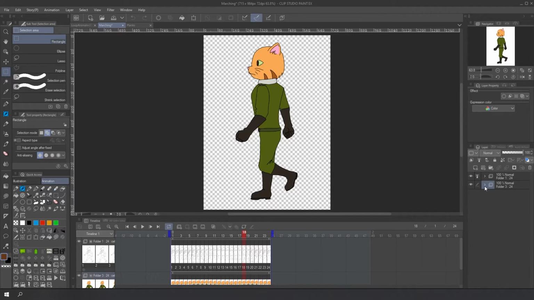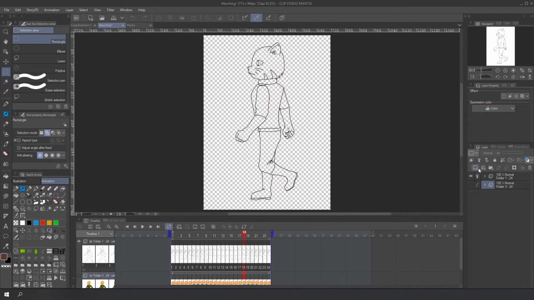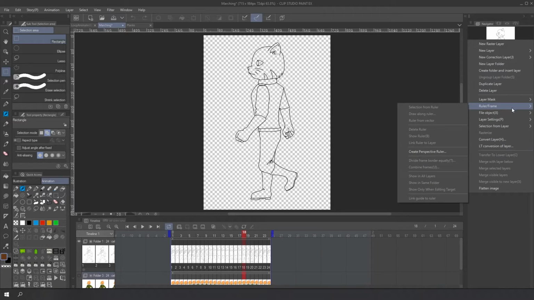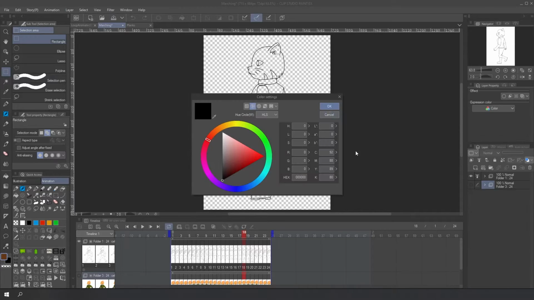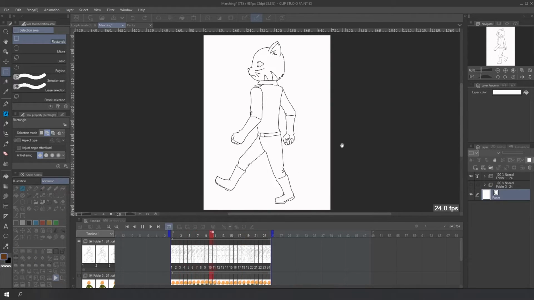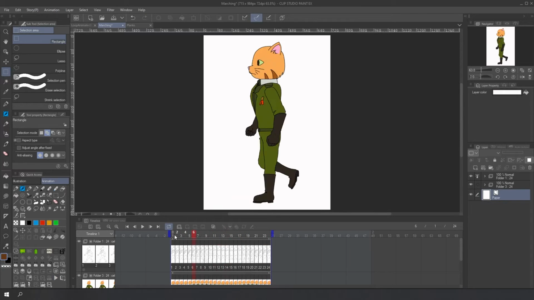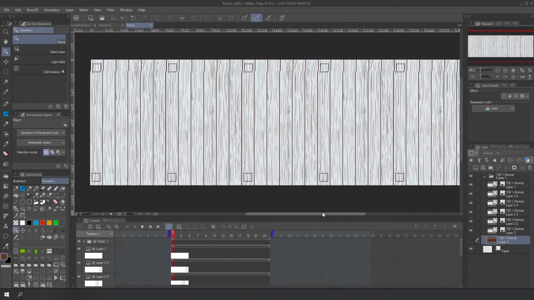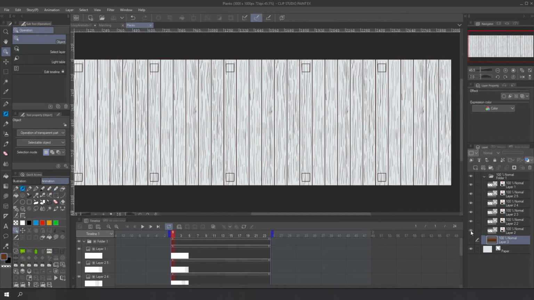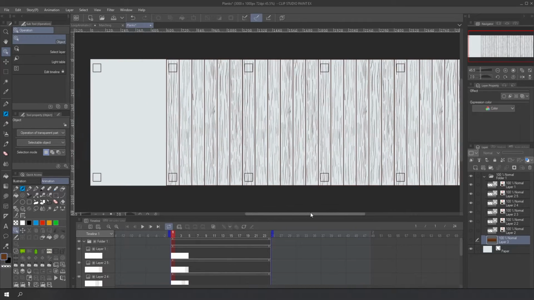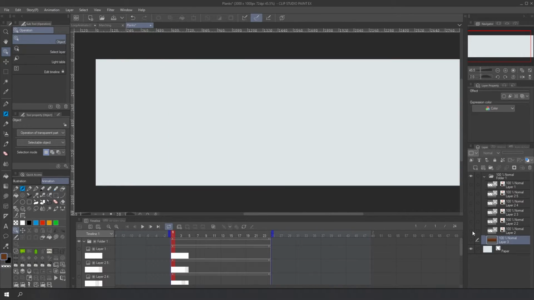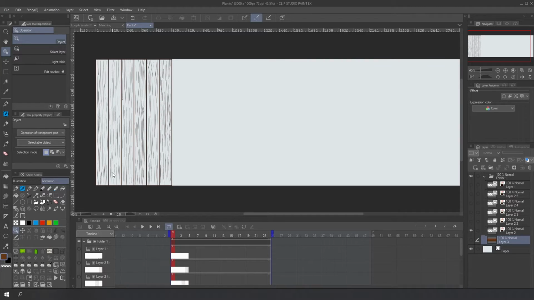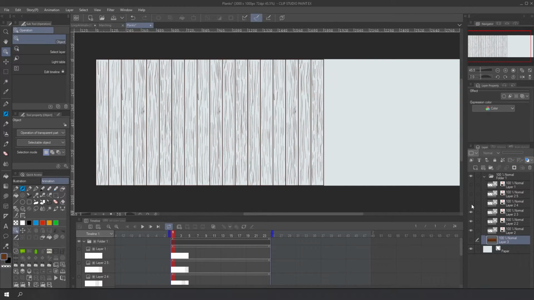In this file, I use two animation folders, one for the line art. Let's place a paper layer to see it better. This is my line art for the cycle, and the second folder is for the colors, and that's it. The third file is the bridge seen from the top. What I did with this bridge was to create a wooden texture drawn in different sections. Each section has 6 wooden boards, and they are copied 5 times.